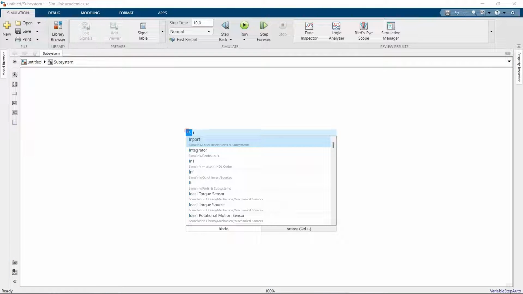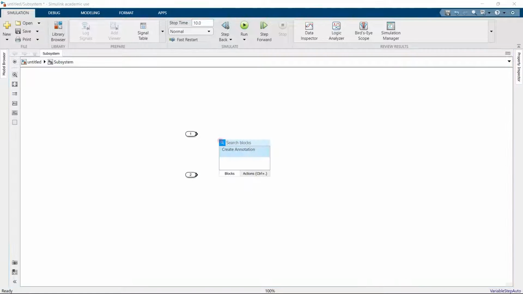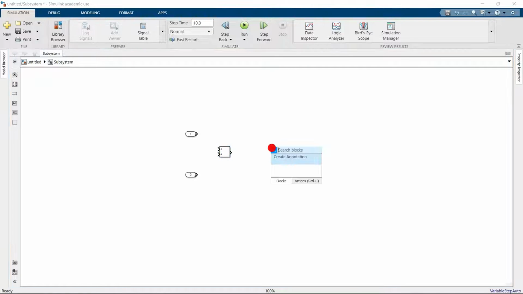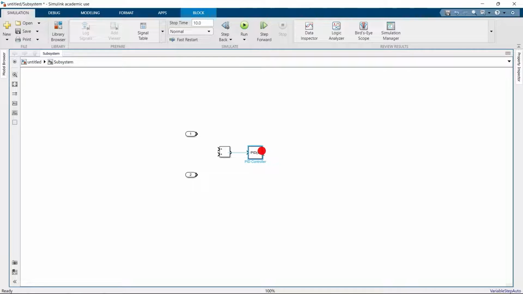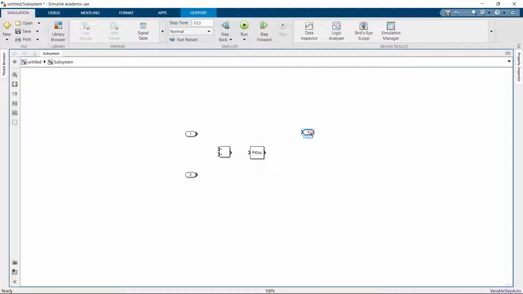And select an input port and copy that, paste here, and select an add block and select a PID controller and an output port. Now connect everything